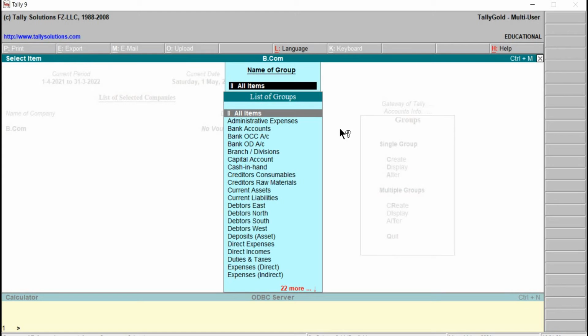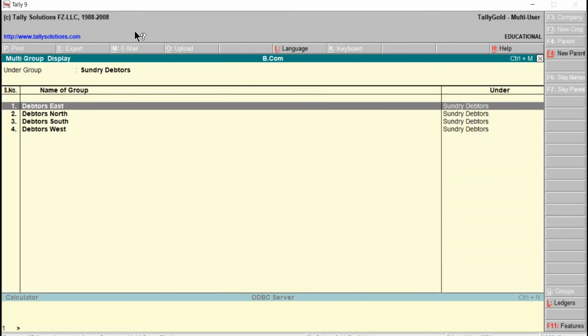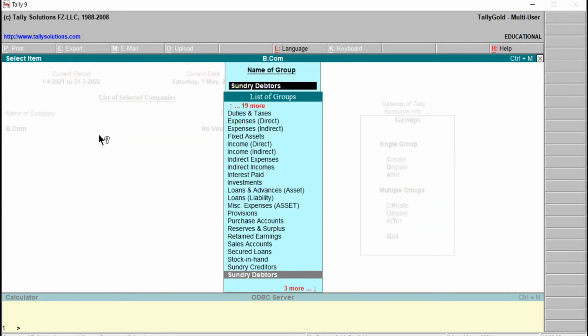Escape once, back. Suppose we have to select a particular group, Sundry Debtors. Let's go back to Sundry Debtors. Press the Enter key. Under the Sundry Debtors group, we can see the list of user defined groups. Got it? Once again, Escape.